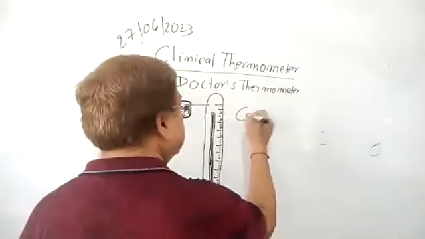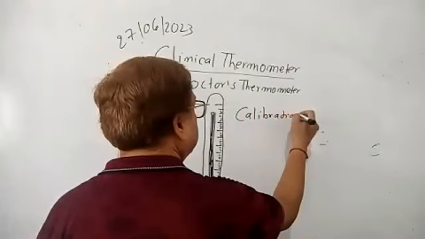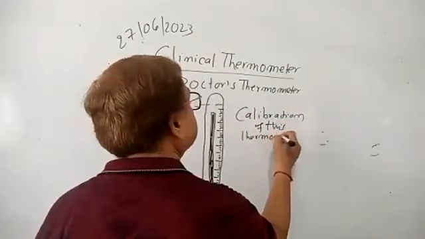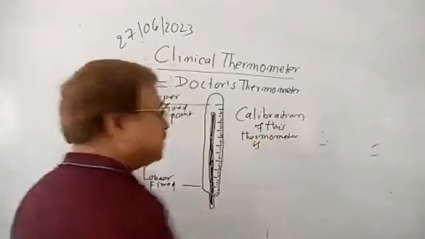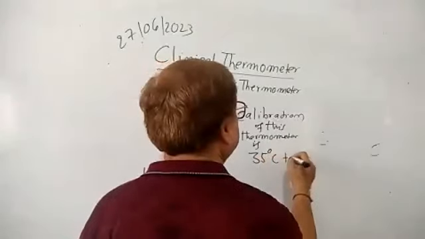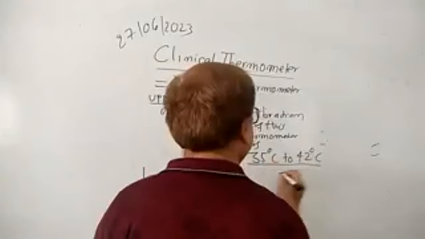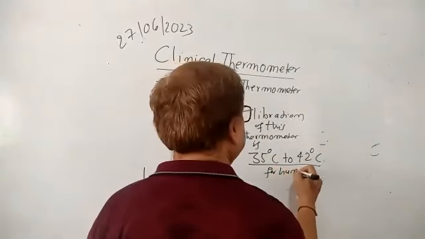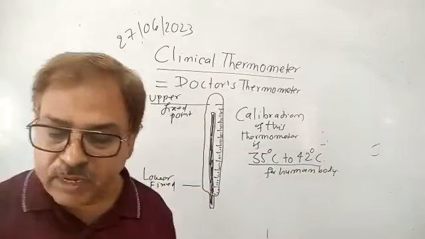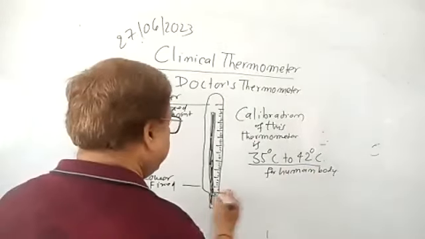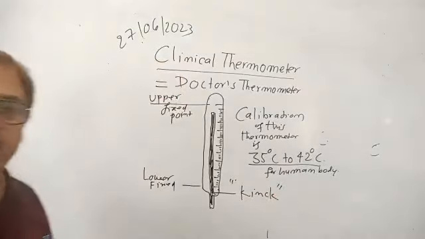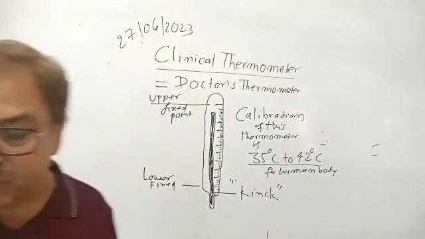The calibration of this thermometer is in the range of 35 degrees to 44 degrees Celsius only, for the human body. So you should also bear in mind there is a given, this is also called